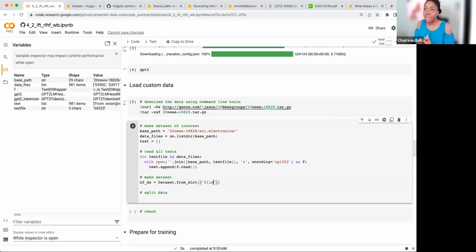We can have a column called file, and that will be a list of the file names, for example, the data files. And then we could have another column, which would be the actual text. So text, and it's going to be the actual text.